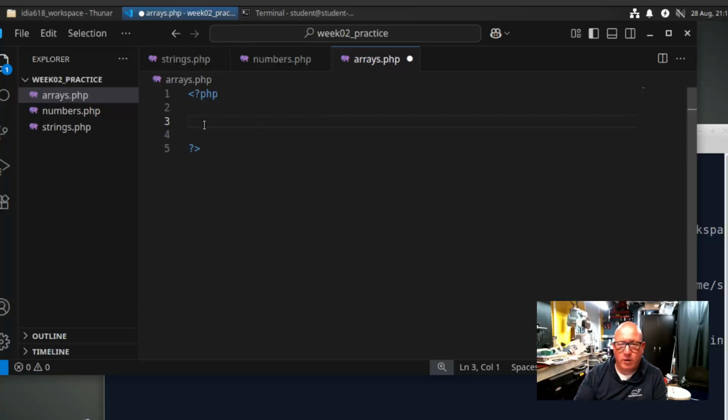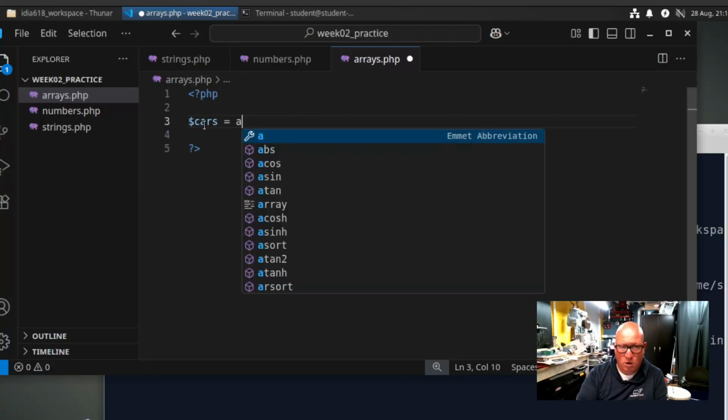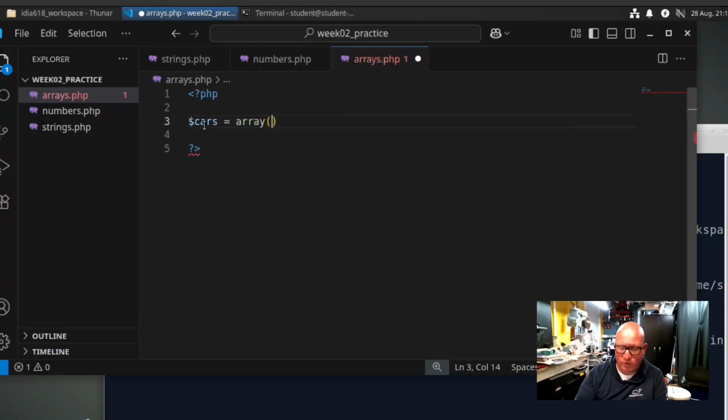So the first thing I might want to do is create an array of cars. I'm going to create a variable called cars, and it's going to be equal to array, parentheses, Volvo, BMW, and comma, Jeep. Okay, need to put a semicolon at the end,